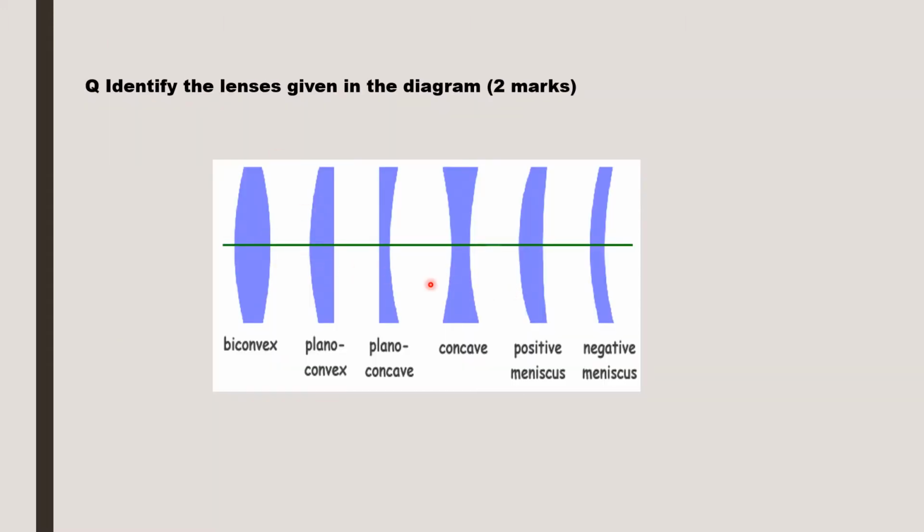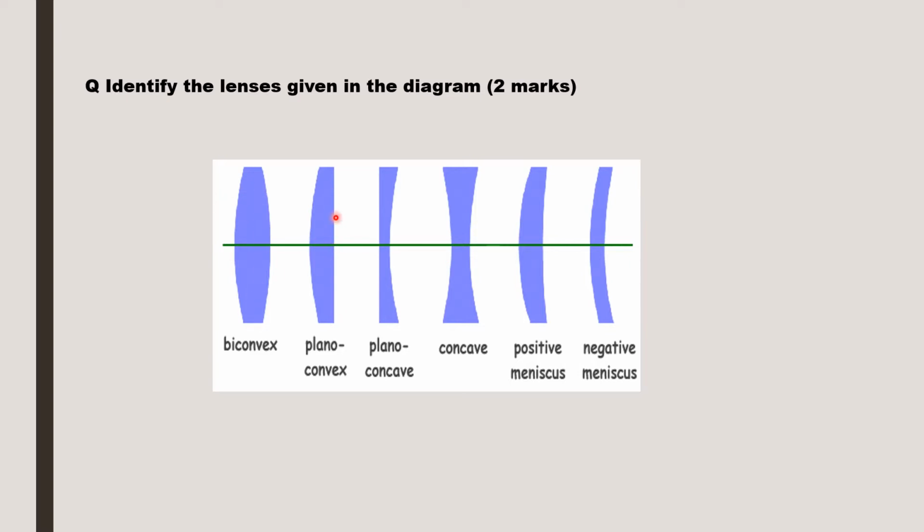The types of lenses are given to you. That is, a diagram of types of lenses can be given to you. You will have to identify the lenses and write down the names of the lenses against each diagram. So here 6 lenses are there. You can be given 4 lenses for which you will have to write down the name, so that each labeling will carry 2 marks. So this is a biconvex lens.